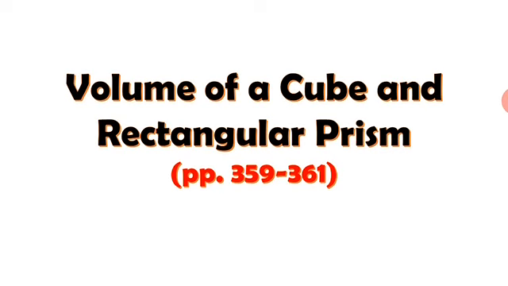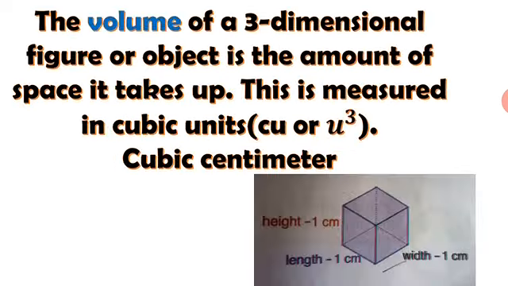Volume of a cube and rectangular prism. So when you say volume of a three-dimensional figure or object, it is the amount of space it takes up, and this is measured in cubic units. For example, cubic centimeter, cubic meter. So just like in this picture,